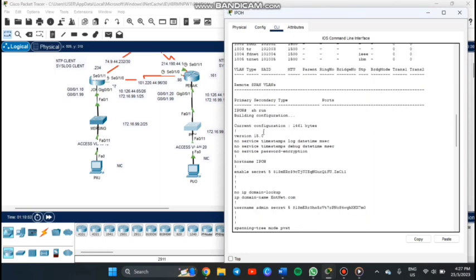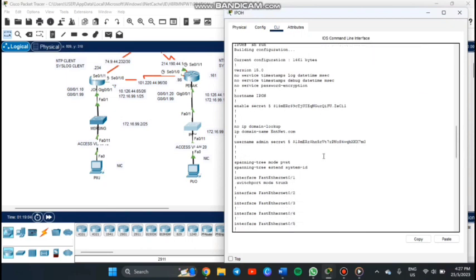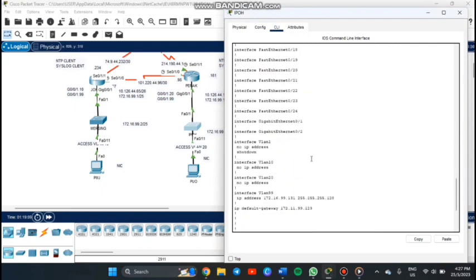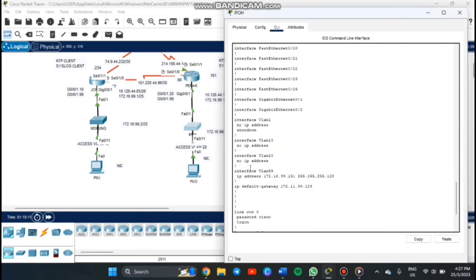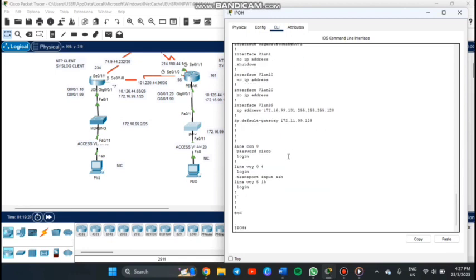Next, we go to the show run and we can see we did not put the IP address for interface VLAN 20 and we have put the IP address for VLAN 99. So we have to put the IP address for VLAN 20